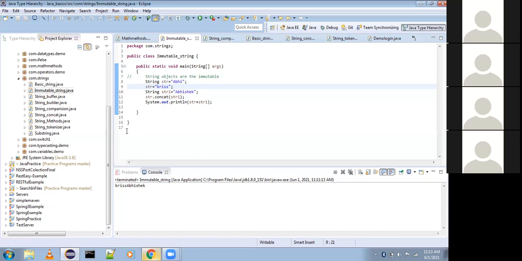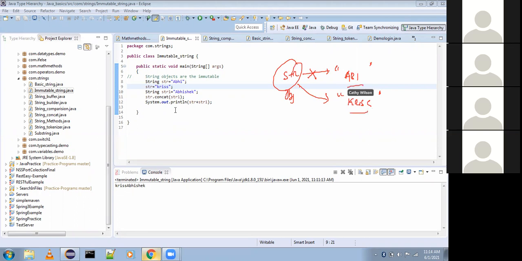Now you need to remember one thing. Here we are missing one particular pointer. What is that pointer? Now this is my object, this is obj. This object was referring first to Abhi. Now what I have done is disconnect this reference, and this object now refers to Chris. We removed this reference and pointed to this reference. We are changing these values, but this is not changed. So only the value changes, but the location will not change. Only the value will be changed.